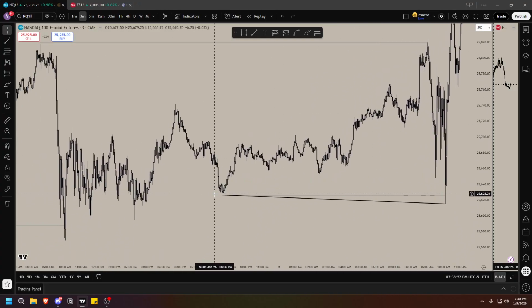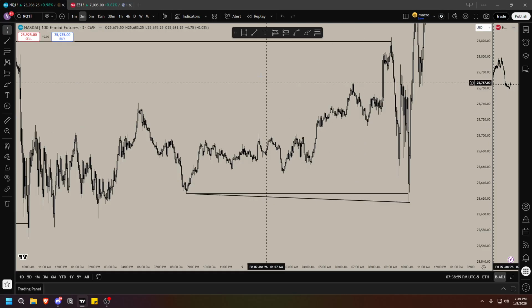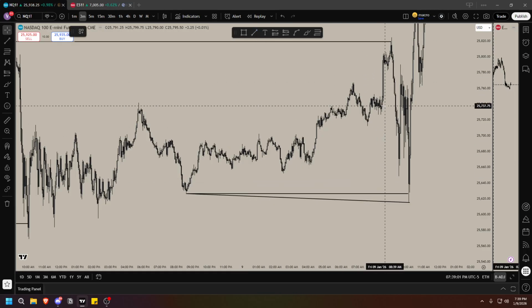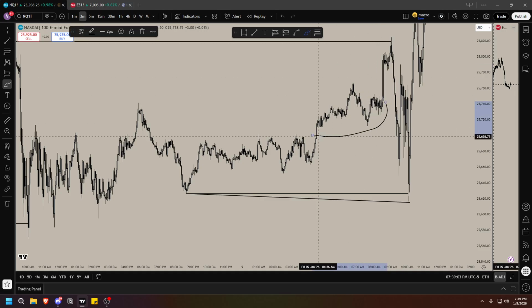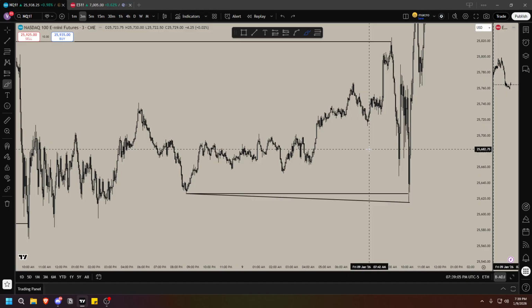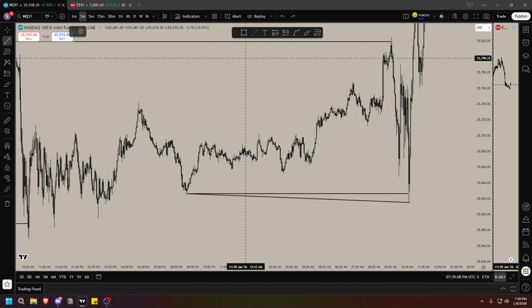You know what I'm saying? We had SMT, turtle soup with lower day. So price took it out, ES didn't, and from there we've just been trading away. 9:30 opened up, and we see price take out all this low resting liquidity. But it's not stopping, it's not slowing down. It's looking for something lower.